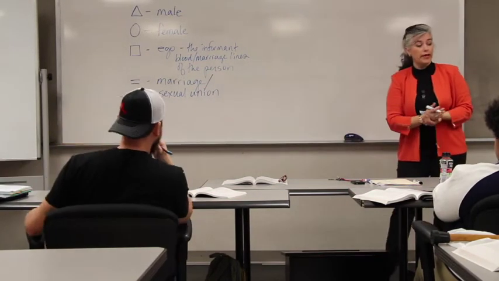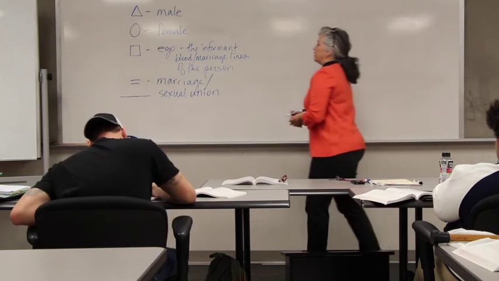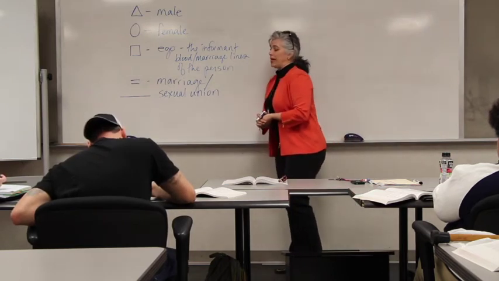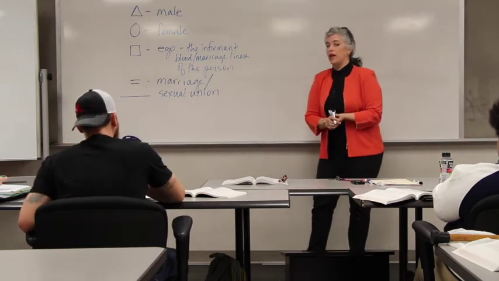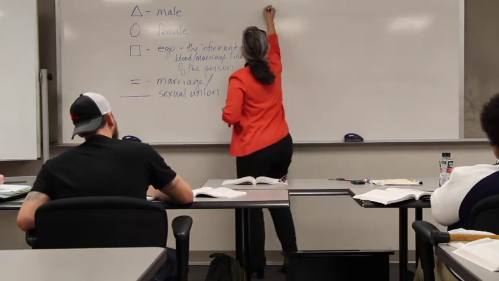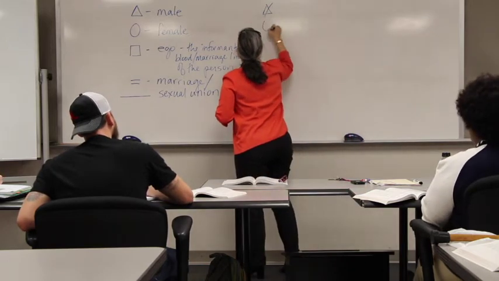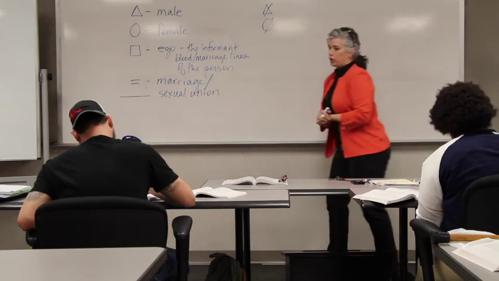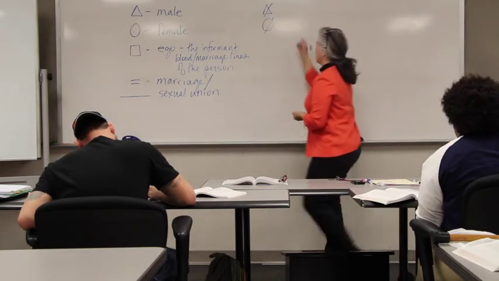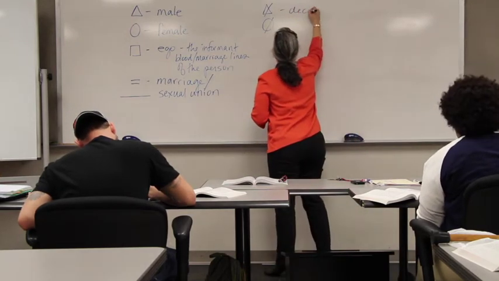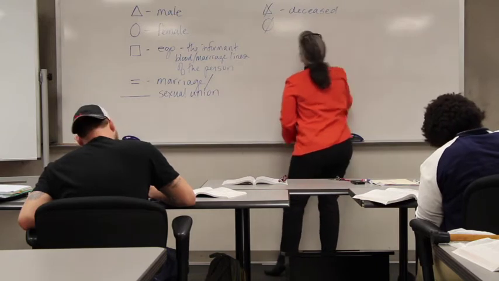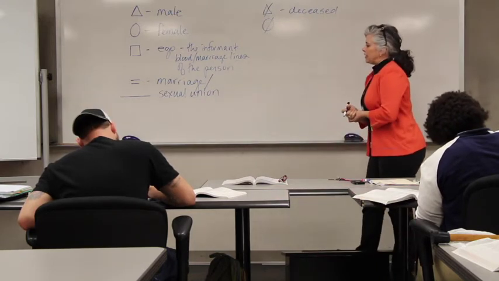People die, right? People die, and so we need to be able to have a way to depict somebody that they existed, but they are now deceased. And so this is how you would do it if they are male, this is how you would do it if they're female. You just put a diagonal line there, and that represents a deceased individual.